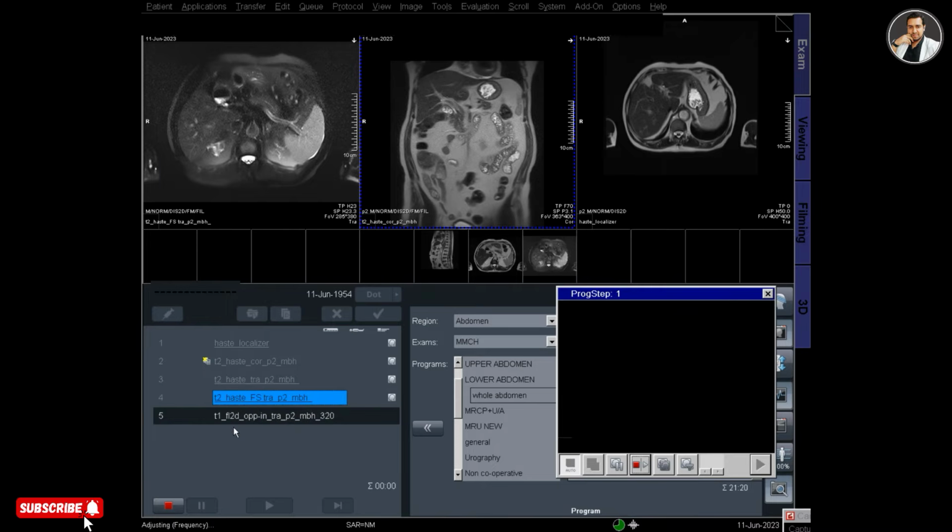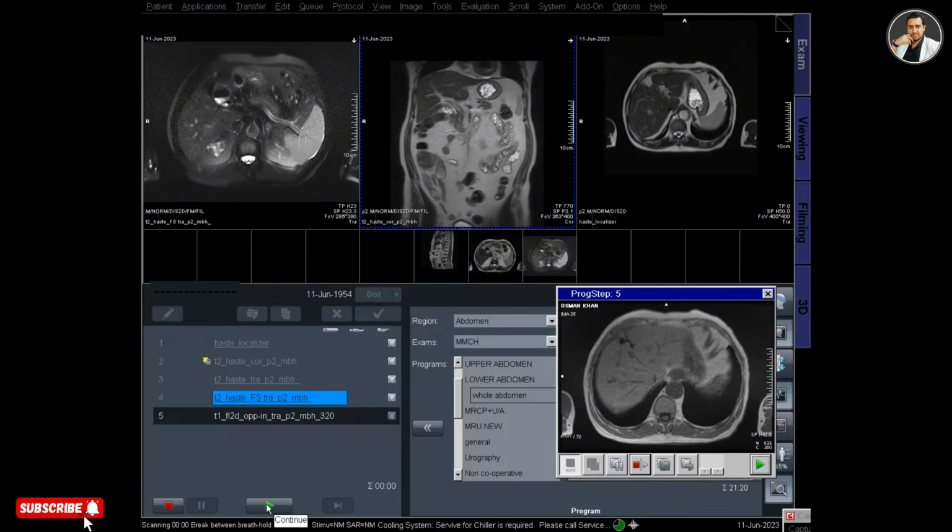and then T1 transverse will open, and this is the opposed and in-phase protocol for T1. And again tell the patient to hold his breath and click the continue button for T1 in transverse multiple breath hold. You can see that the scan is running,